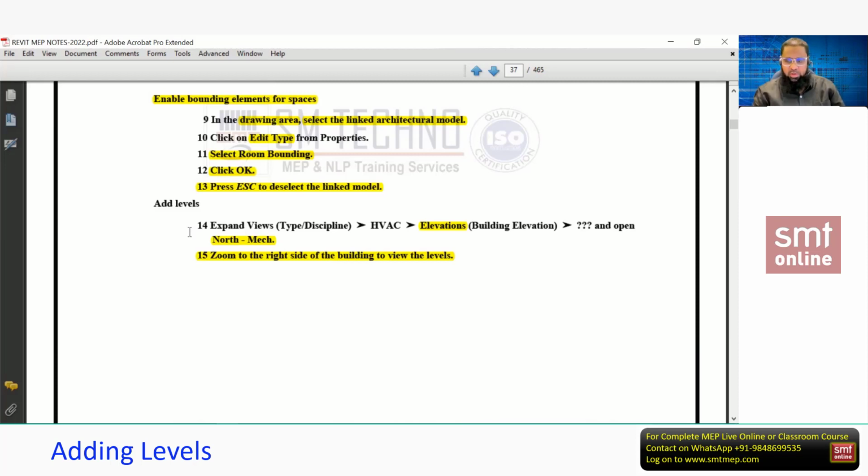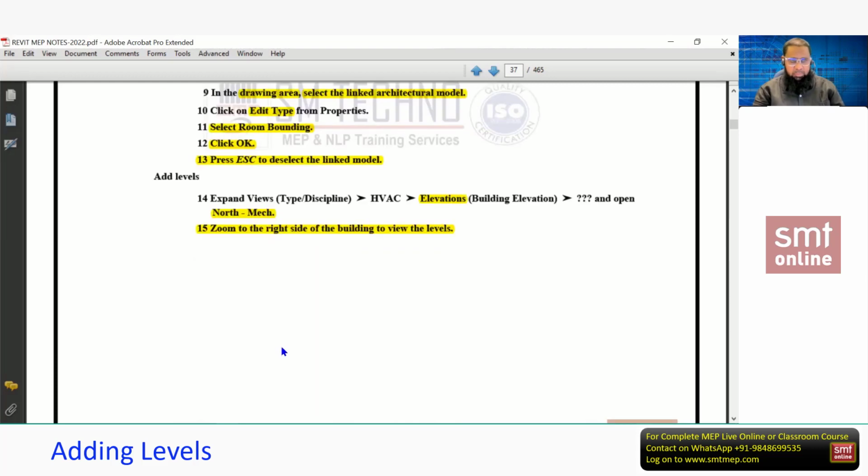Getting the point? So creating it does not mean that we are actually creating that one. We are not supposed to create the floor plans. We are not supposed to create the 3D intelligent building. That you'll get from the architect. Okay, then if I say creating floor plan, it means just from the 3D intelligent building, I'm going to access those views. Then only we can start the planning, and that can be done at the time of adding level. So this is very interesting. And for adding level, the command you can write is LL. Double L is the command for the levels.